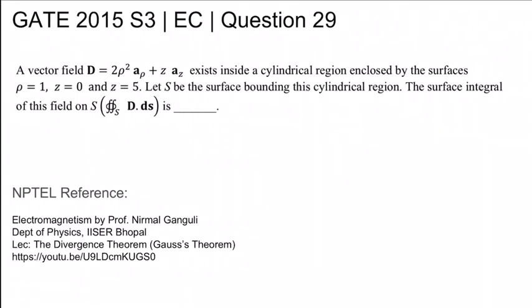GATE 2015 set 3 EC question number 29. A vector field D equal to 2 rho square a rho plus z az exists inside a cylindrical region enclosed by the surfaces rho equal to 1, z equal to 0 and z equal to 5. Let S be the surface bounding the cylindrical region. The surface integral of this field on S, that is the closed loop integral over the surface,